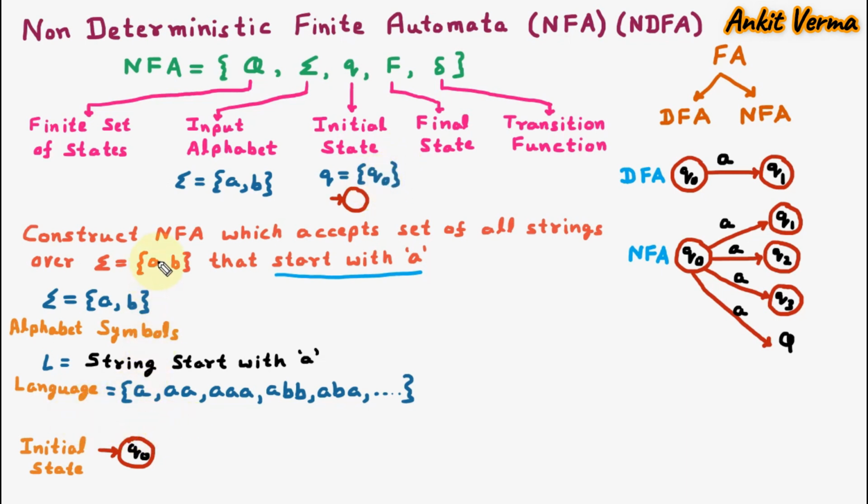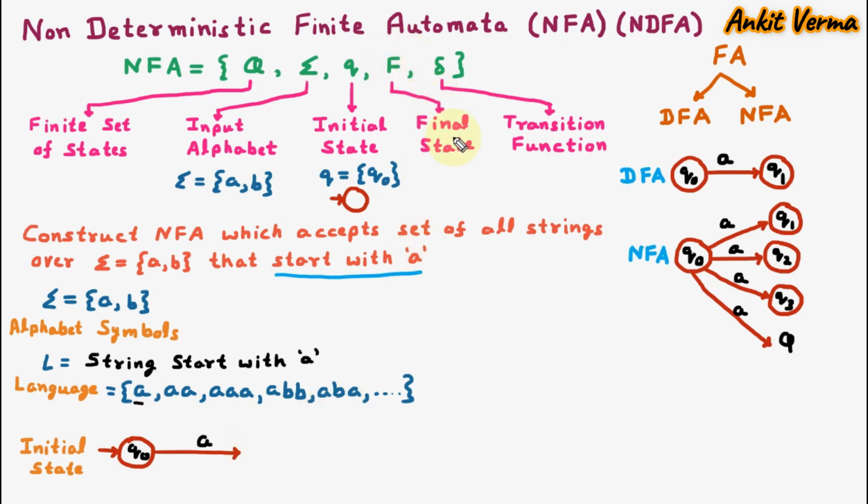Whenever we are going to construct an NFA, the shortcut method is to see which string is of shorter length. So out of all the strings, A is of shorter length, so I am picking this string. Now from the initial state, if A is coming, then we are going to the next state. So from Q0 we are going to the next state. This A is part of the language and should be accepted by this NFA.